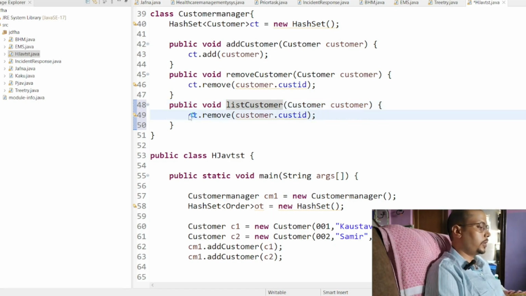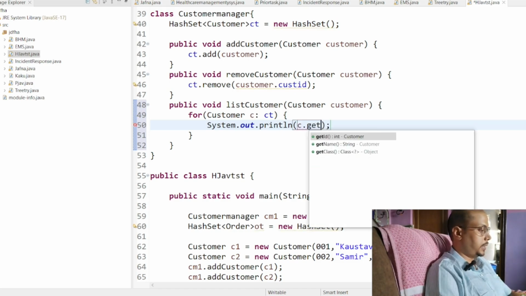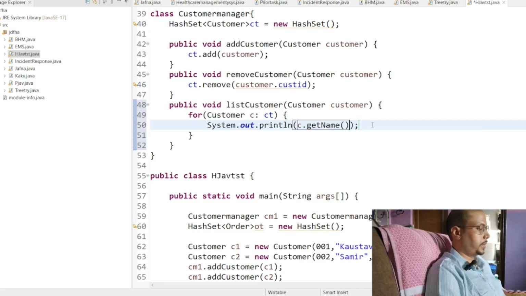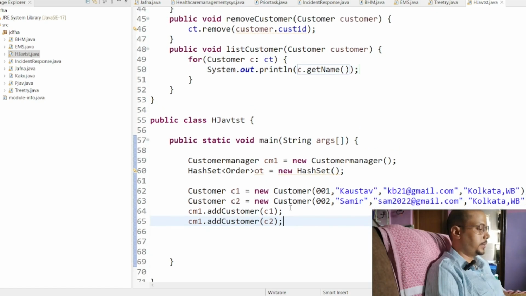So I'm going to run a for each loop on this and say for customer c in ct, what I will do is I will say sys out. I'm not going to return anything over here. c dot get name. Okay, simply this I'm going to do,